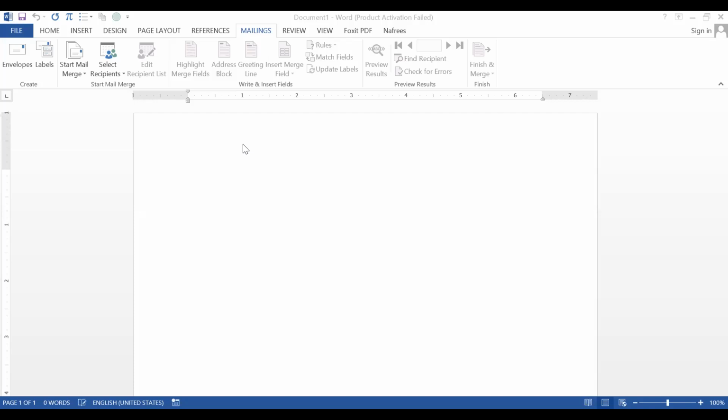Tell me, how can I find the ribbon? If the Mailing ribbon is not in this ribbon area, where can I find it? Quickly tell me.